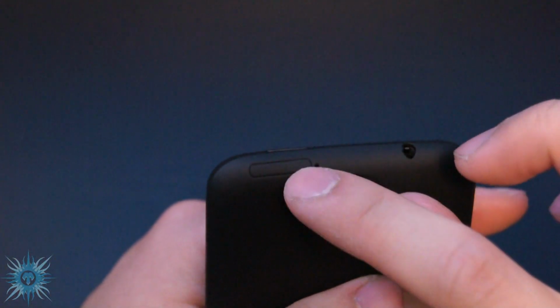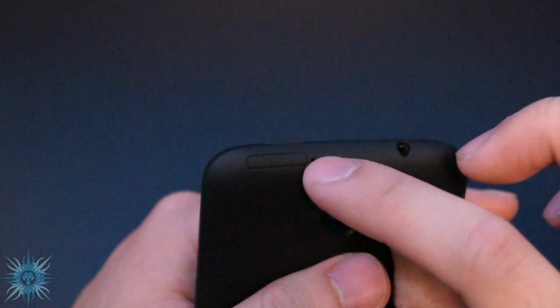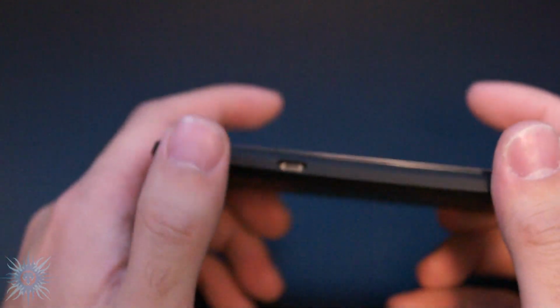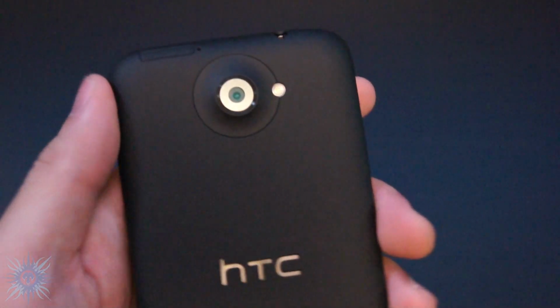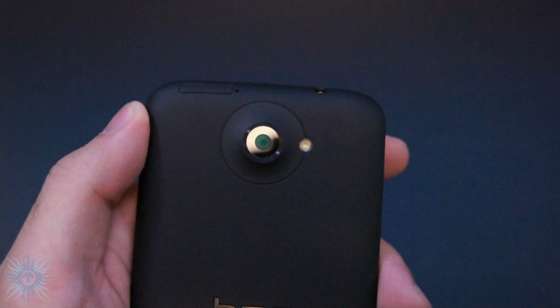And this tray over here is your micro SIM card slot, and that's where you stick your removal tool in. And on this side over here you have your micro USB charging/data port. Bottom you got your microphone, and on the back you have your 8 megapixel camera with an LED flash, and